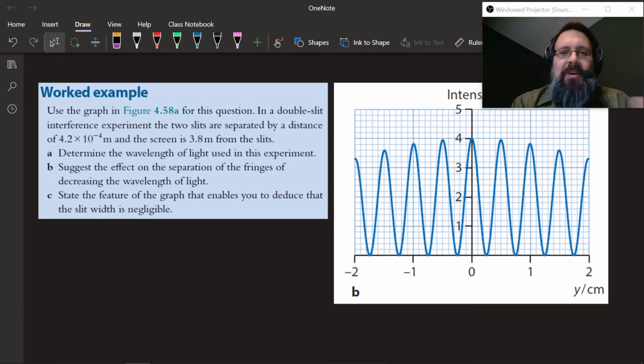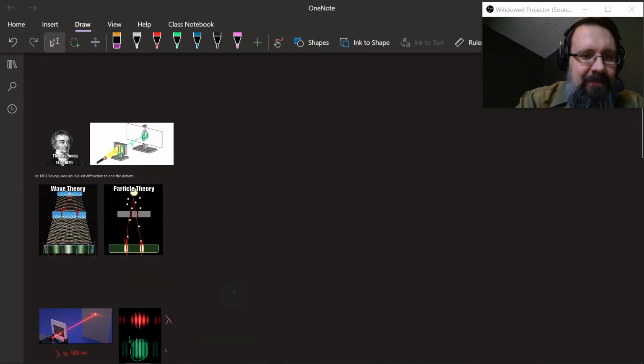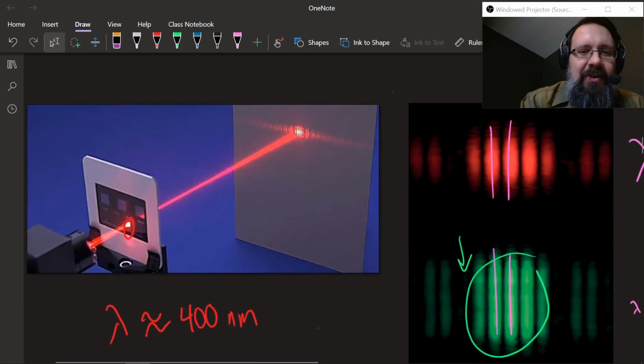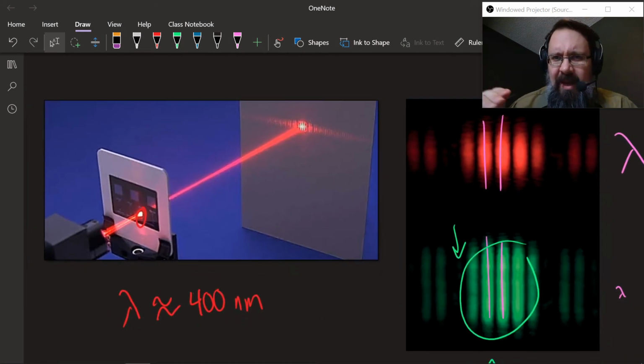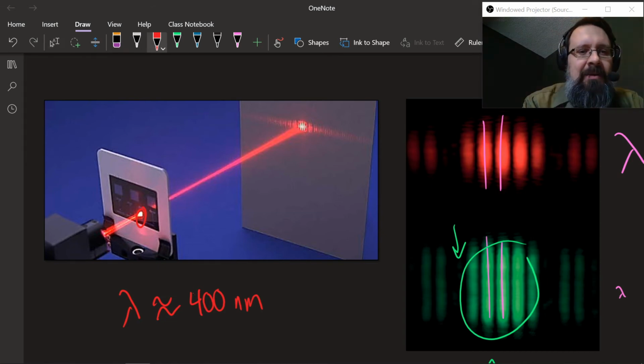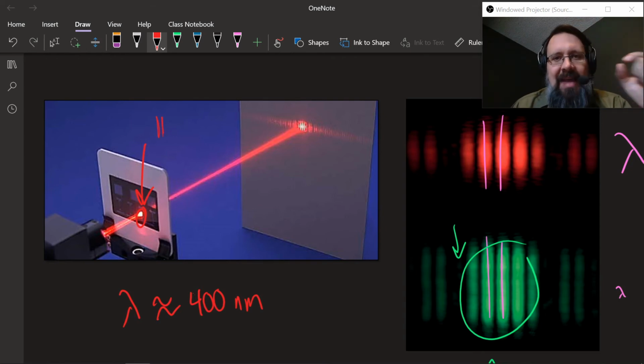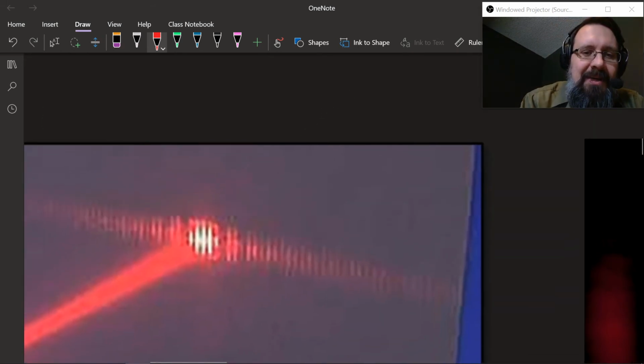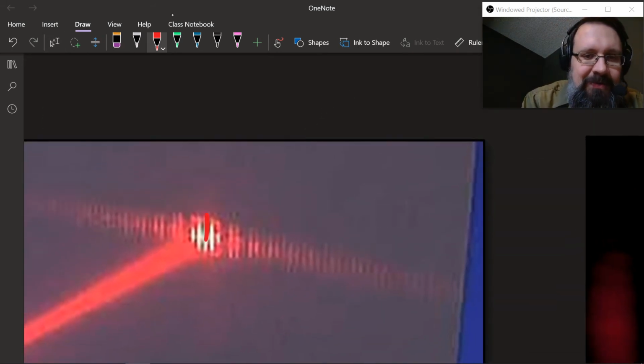Imagine you have this laser and you want to figure out what the wavelength of this laser is. Like I really want to measure the wavelength of red light. Well, I'll go into my shop and I'll machine, if you zoom in on this, two little tiny slits that are side by side. So you can machine down how closely you want those slits to be, and you can measure that precisely with a mechanical device. Then you can get in there with a magnifying glass and you can measure how far apart